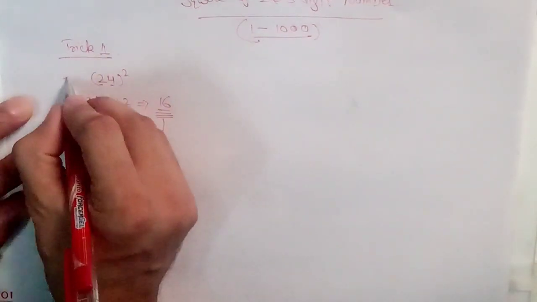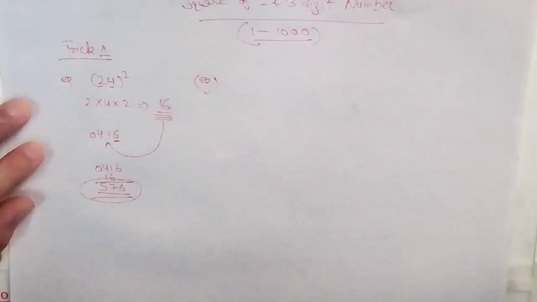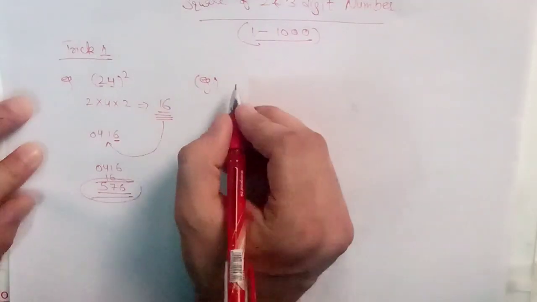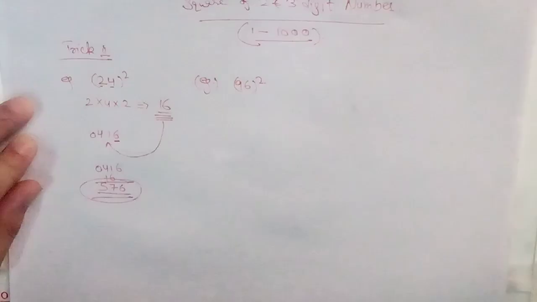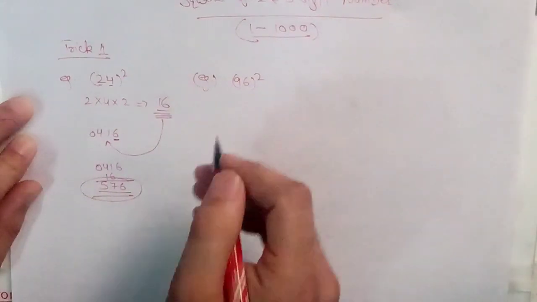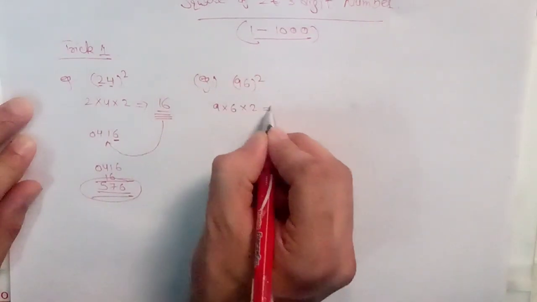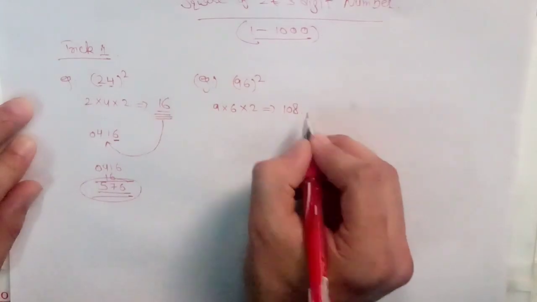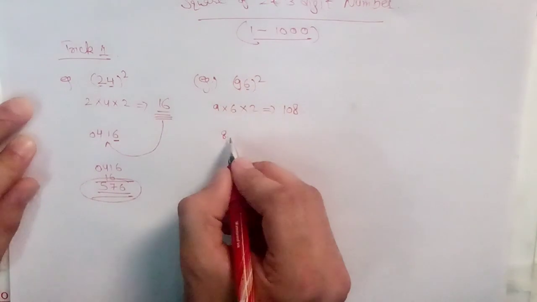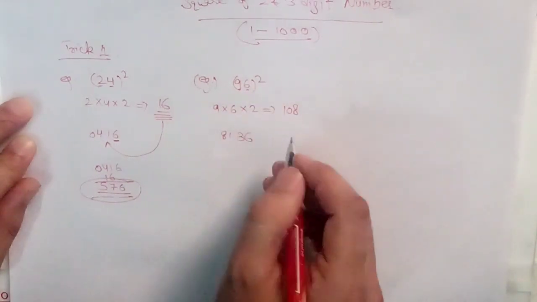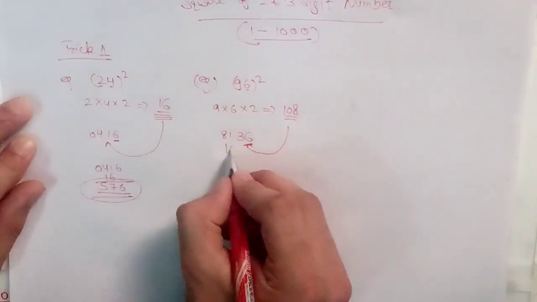Okay, this is example 1, and now the second example. I will give you examples so that this trick will stay in your mind. Let's take another number, 96. So the square of this number. Okay, remember we need to multiply 9 into 6 into 2, which will give you 108. Okay, now we need to write the square of each number, which is 9 square 81, 6 square 36, and we need to add this number into this, leaving one digit behind. Okay, which is 108.